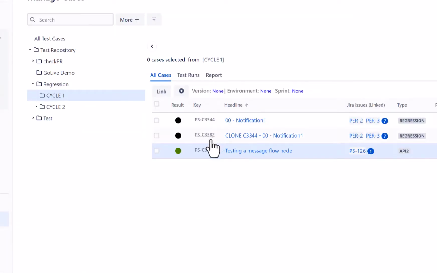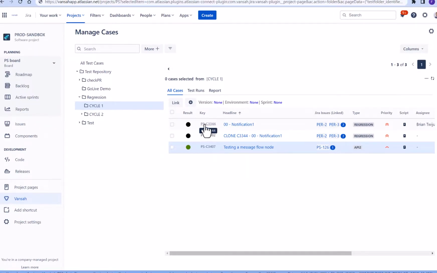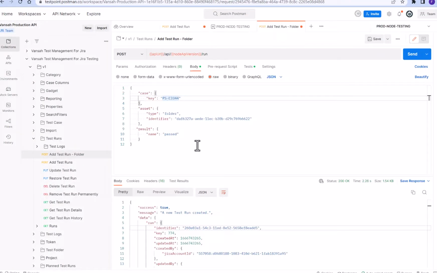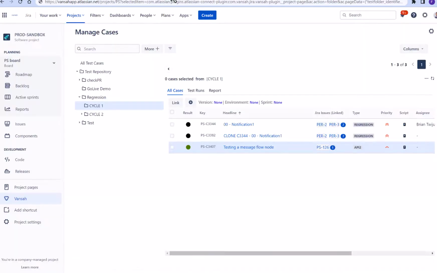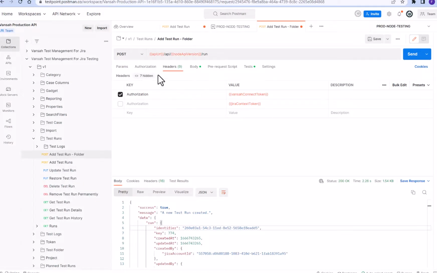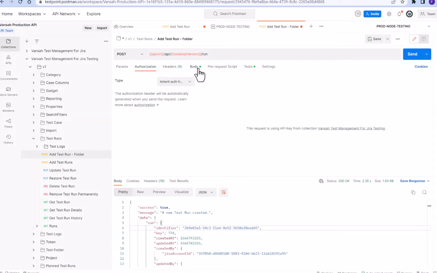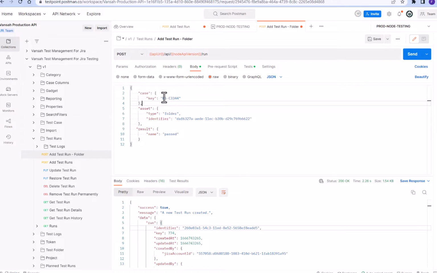So where did I get that? We're going to send a result against test case 3344, and let's go ahead and do that demonstration. Again, we're going to be invoking the run API post method for Vansah for Jira. So we're going to be using the run API method. Let's go ahead and execute this. Again, we have a test folder, test case 3344, and we're going to send the result as passed. So if I click send here,